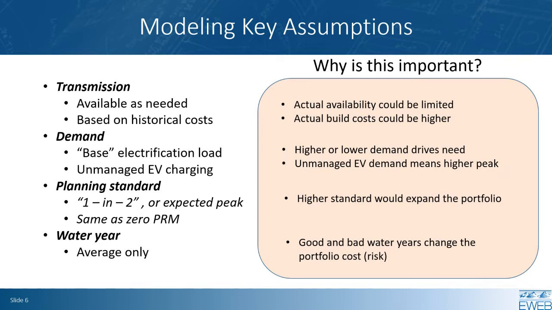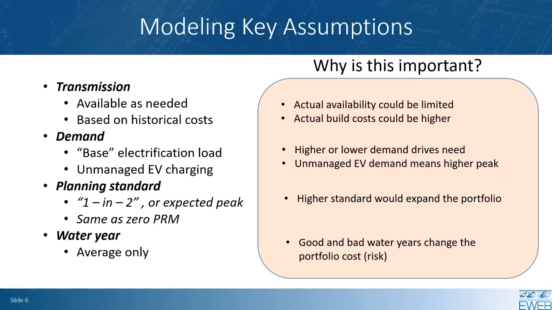For example, if a resource has a cost that has a range from a minimum to a maximum, our tendency, if there's no other compelling reason, is to pick something in the middle. So you can think of all of these assumptions in the reference case as sort of a median or average. Our idea was business as usual. What would be an expected kind of reference case? I'm going to talk now about some of these key assumptions in more detail and why we're interested in them.